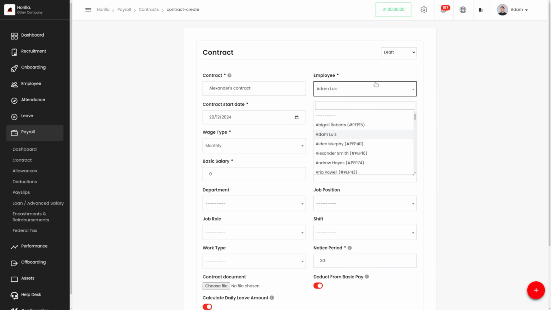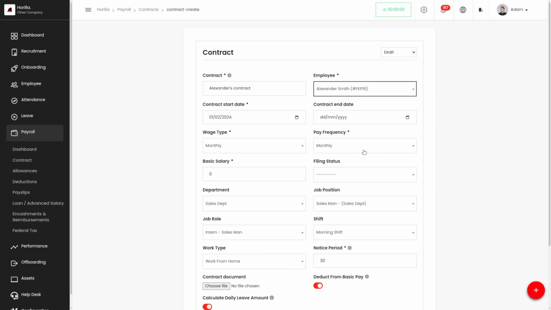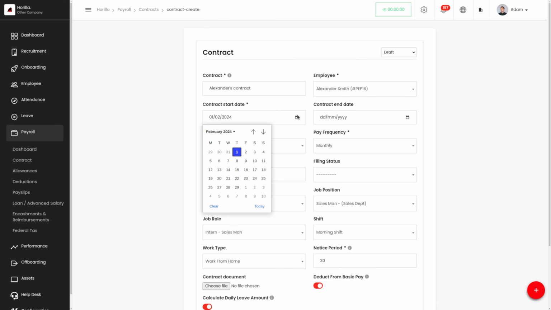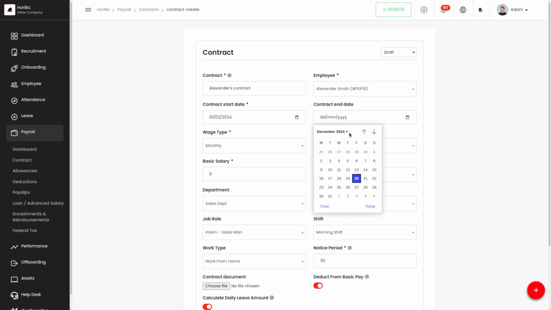I'm selecting Alexander Smith, and then we have to provide the contract start date and end date. The contract start date has been provided over here as February 1st. I'm giving the contract end date also. Let's give the contract end date as March 2025.